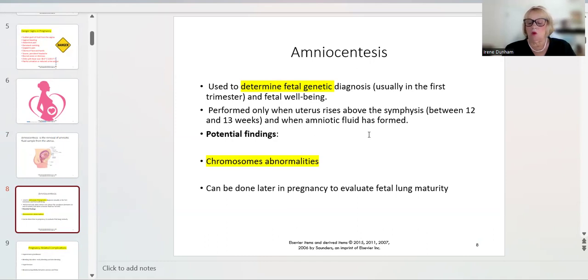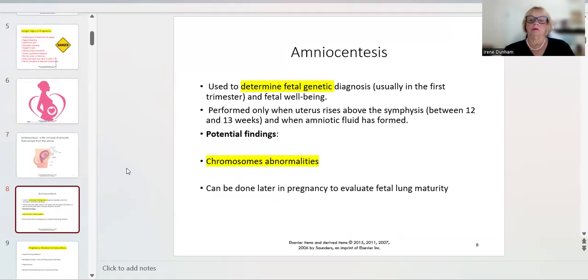And if it is abnormal, then the woman can base her decision either to keep the pregnancy or to abort the pregnancy. So now, I told you to write that down, that this amnio in the first trimester is for chromosome analysis. We can also use the amniocentesis later in pregnancy, say the last trimester, when I want to